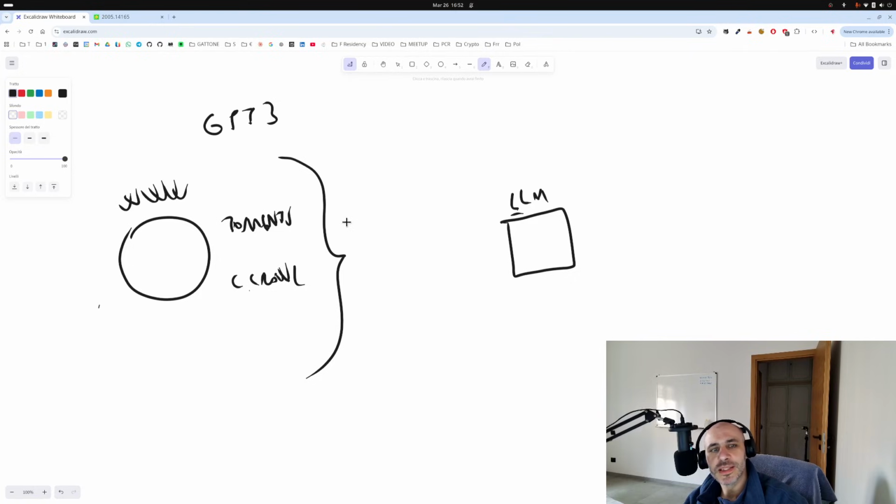You take all of this text, you sample text sequences from this huge corpus of text. And for each text sequence, you know the next word, the next token. Let's call it token, which is similar to a word, but not really. So for each of these sequences, you know which is the token coming after this.